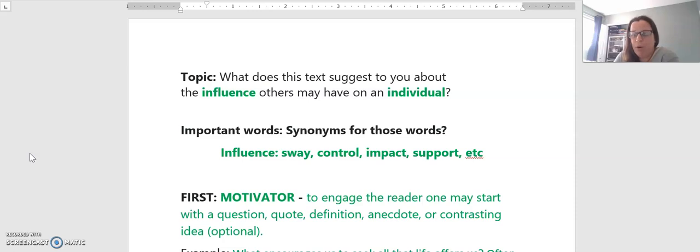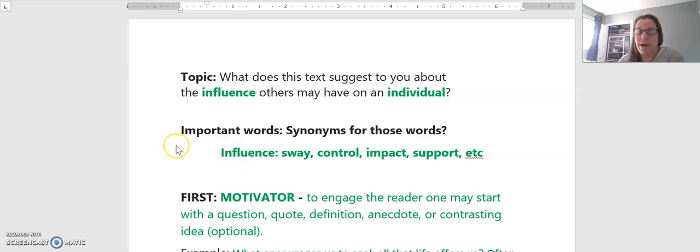So we want to look for the important words in that topic question. The important words we're seeing are highlighted in green here: influence and individuals. So we're going to look for some synonyms for these words. In this case, we have some examples here for influence, such as sway, control, impact, support, etc. Once we have a better understanding of what this question is asking, then we can start putting together some ideas